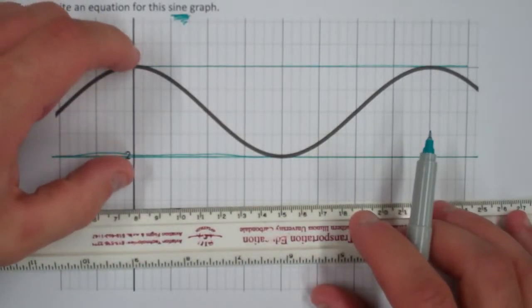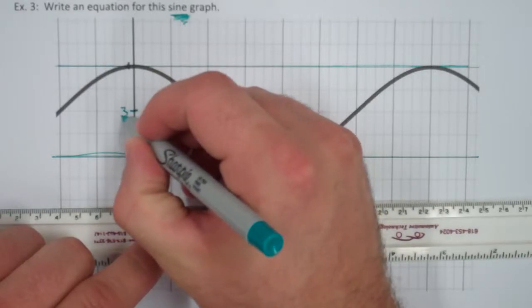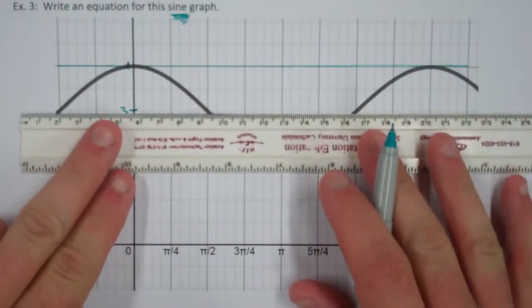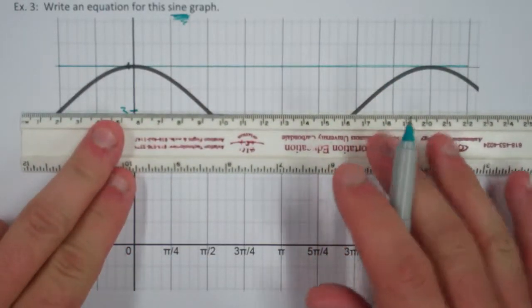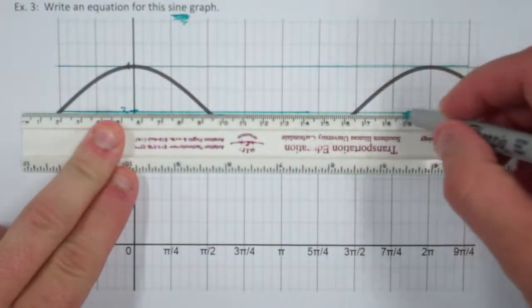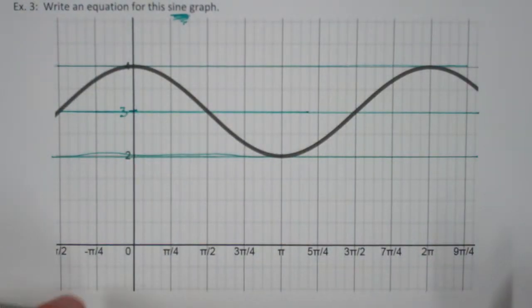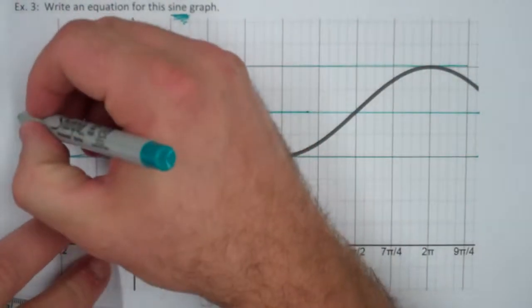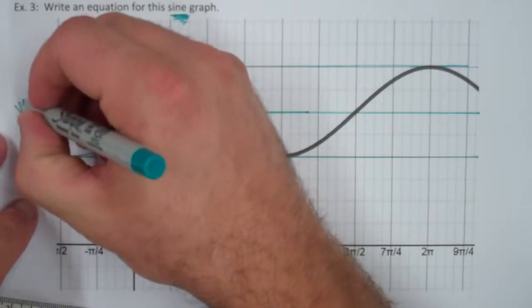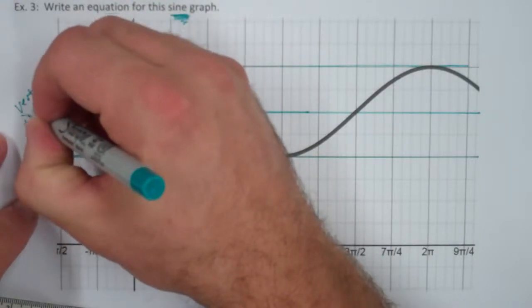So it looks like we have 4 and 2. Halfway in between would be right here at 3. So we know that the vertical shift for this one is going to be up 3. You can draw this here if you'd like. It's not totally necessary at this point, but it can help a little bit. So we know that we'll write that over here on the side, that the vertical shift is plus 3